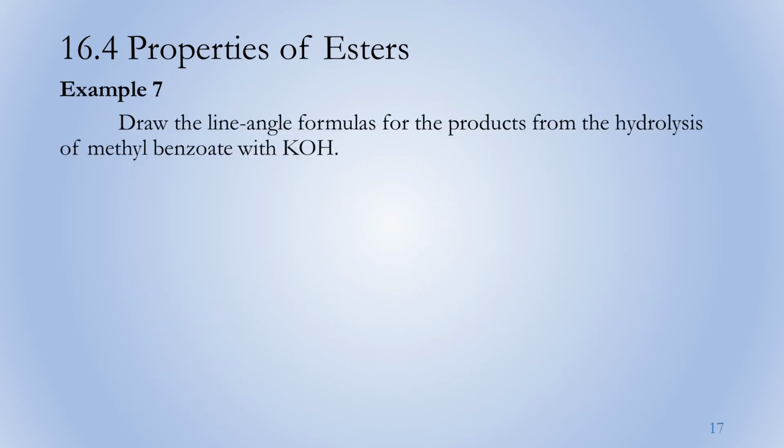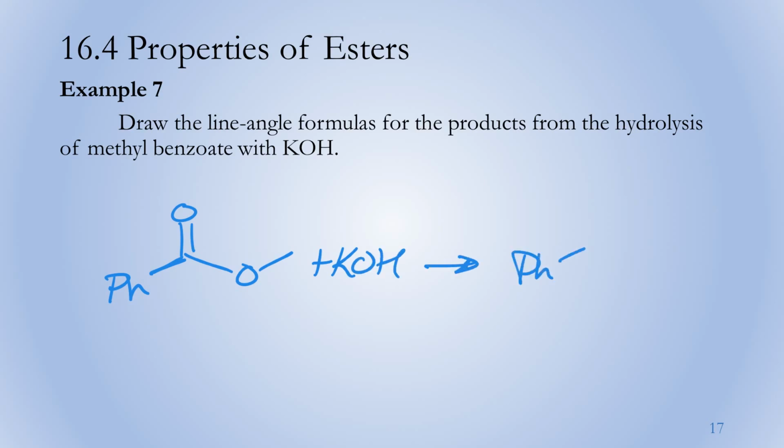So again, in this slide in the previous video, I made a mistake. So it says draw the line angle formulas for the products from the hydrolysis of methyl benzoate. So methyl benzoate would be, you can just use that Ph for phenyl ring. So that's methyl benzoate plus KOH. That one would just yield the carboxylate salt right here, potassium, and then you would have,